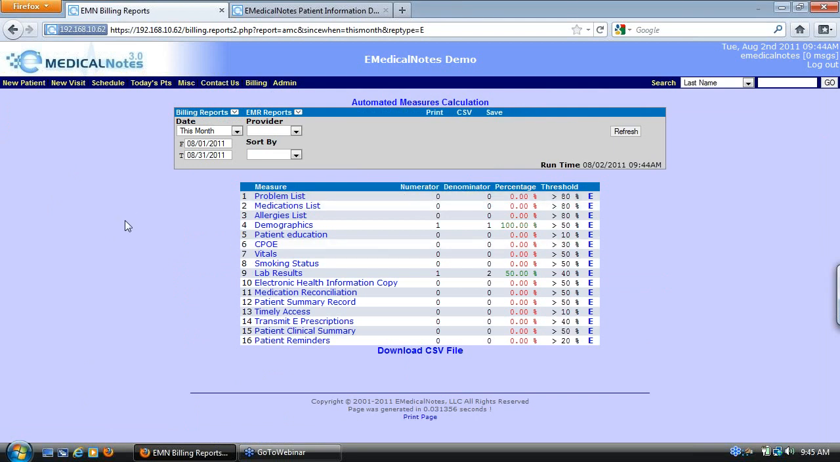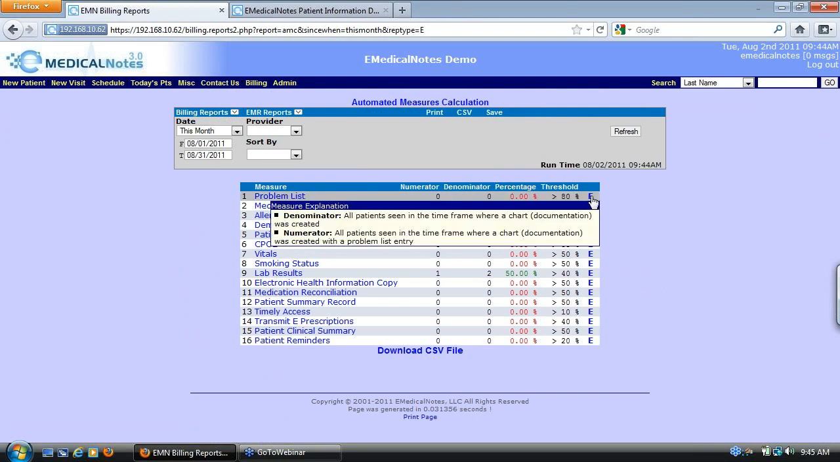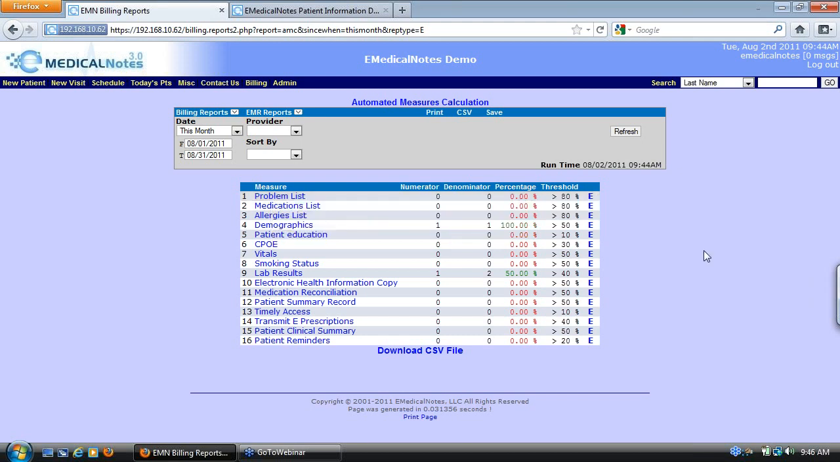Let's start off with problem list, medication list, and allergies list. If you hover over each of these, we added new links that will explain them as a reminder as well. Basically, the denominator is all patients inside of the program that have had a case created and that have had a chart or documentation created for that case. That's the denominator. The numerator is out of the patients from the denominator. For example, problem list, ones that have actually had an entry put into their problem list area. For medications, same thing. The numerator will just be patients that have had medications put in out of the denominator,